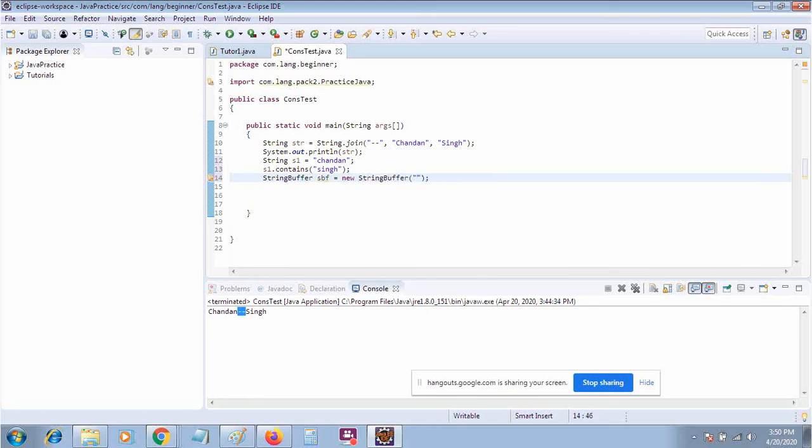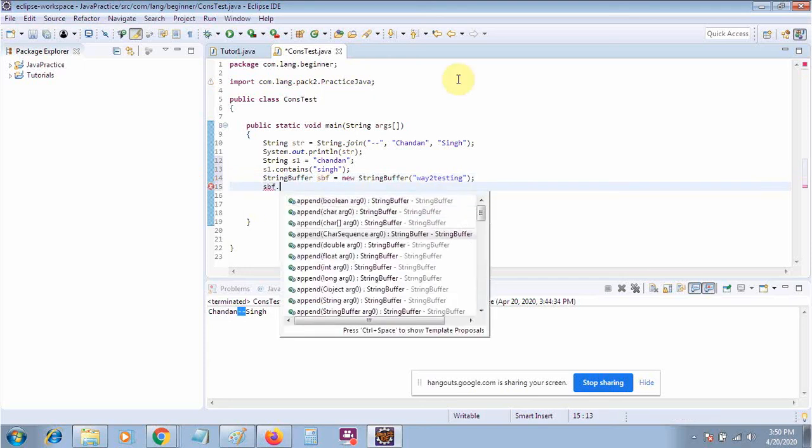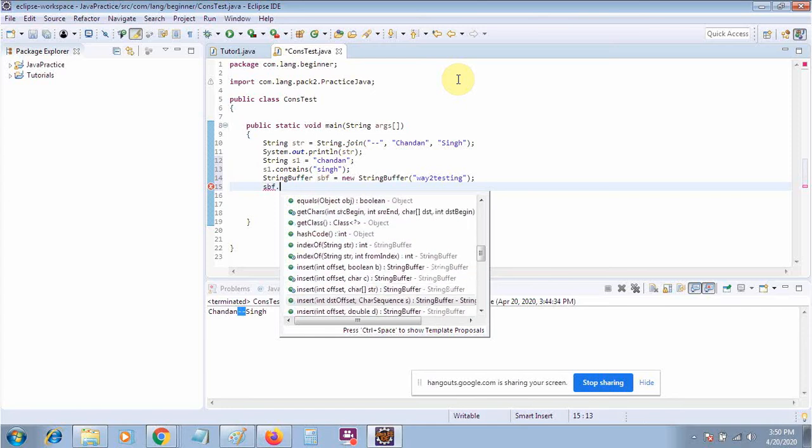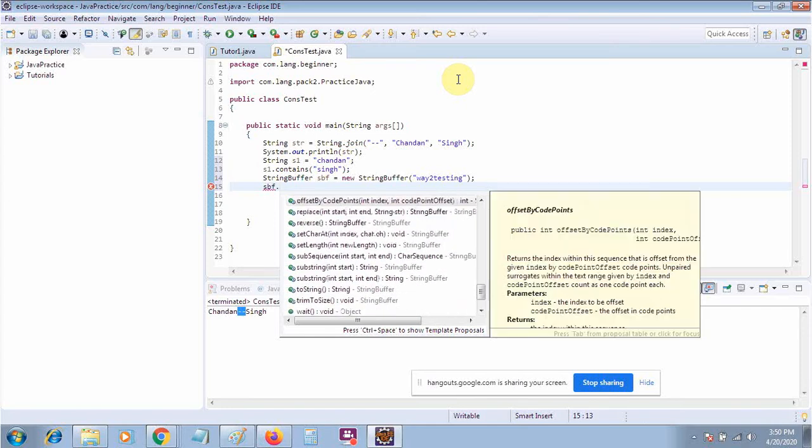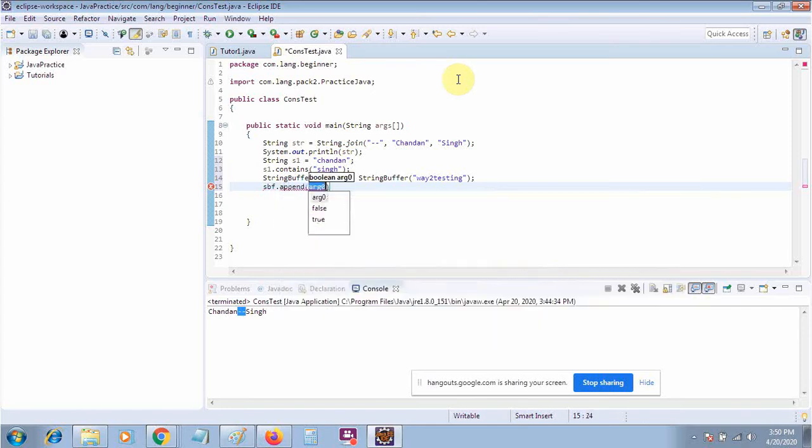I have created the object of my StringBuffer class. Now here we will use the method append to add the value. There are a lot of methods very similar to the String class, so you can use them as per your need. So I will use the append method and I will say append .com.